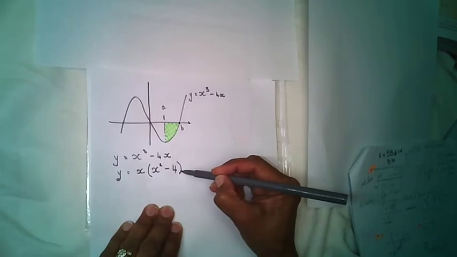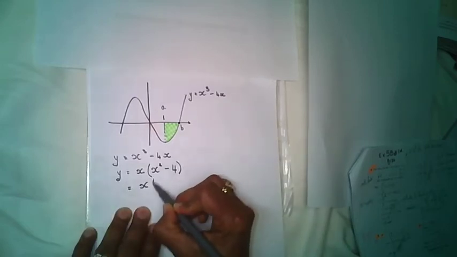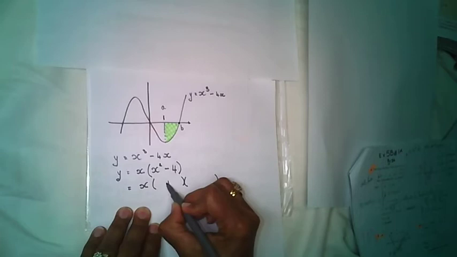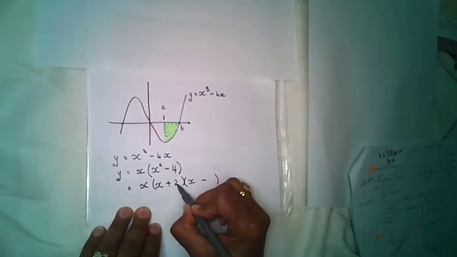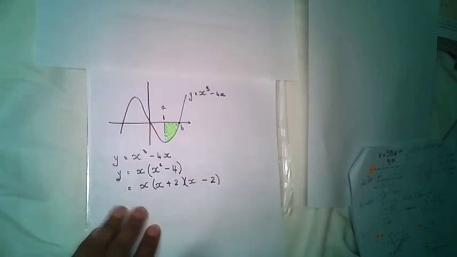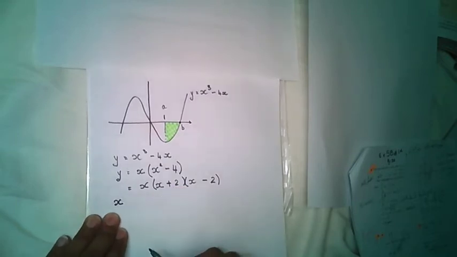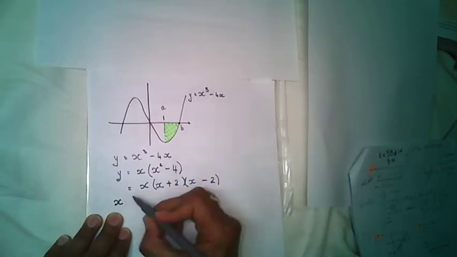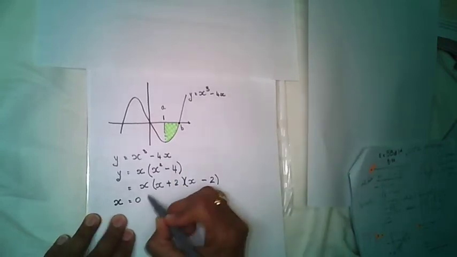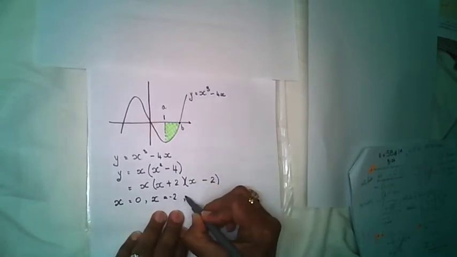If you're looking at our function before we can resolve it any further, you might notice that this is the difference between two squares. So if we just take our plus and our minus, the square root of x squared and the square root of 4, there's our two numbers. At this point, we can use our null factor law, so the possible values for x, wherever the function intersects with our x-axis, we can see x could be equal to 0, or x could be equal to minus 2, or x could be equal to